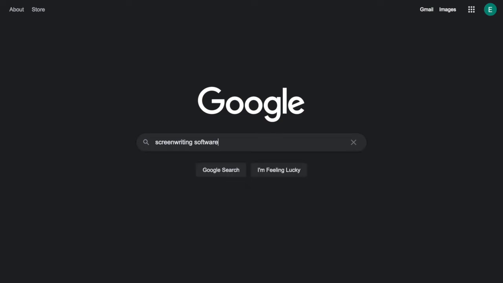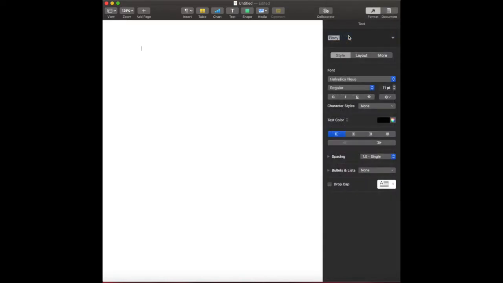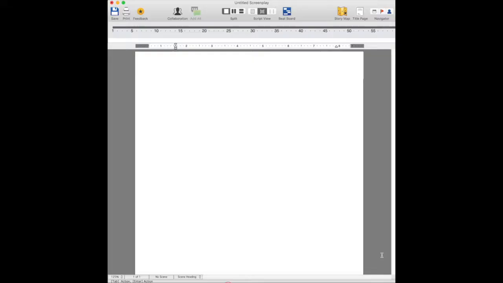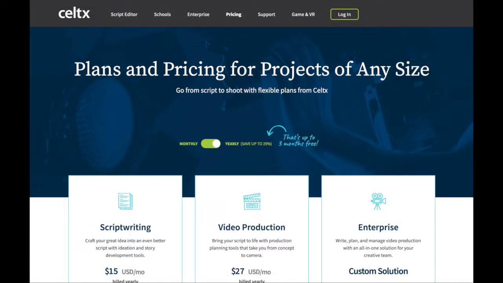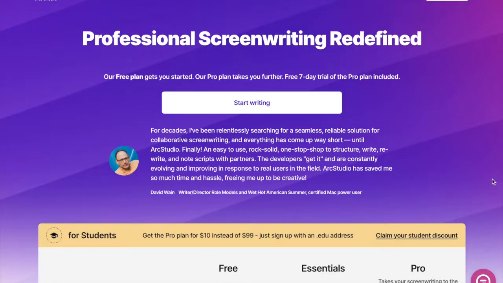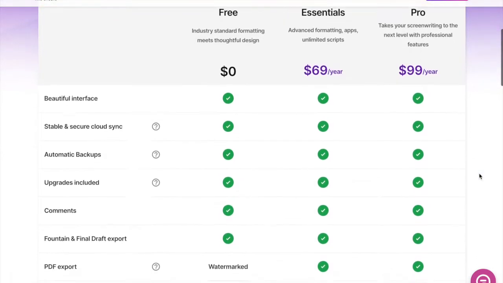So the first thing you will need to do is download a scriptwriting software. You can use Microsoft Word or Apple Pages, but the formatting process will prove to be strenuous if you choose to go this route. I would suggest investing in the latest version of Final Draft if you are serious about screenwriting. If you're just looking to dip your toes in, there are a few software options that you can try out, where the first script or two is free, and then you can decide if you would like to invest